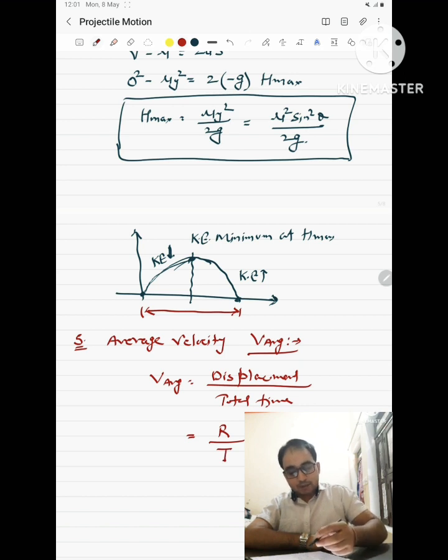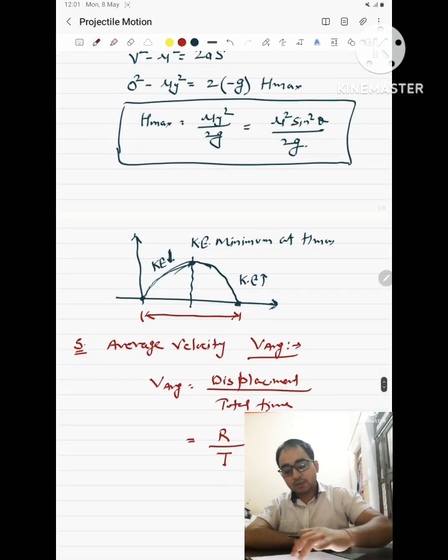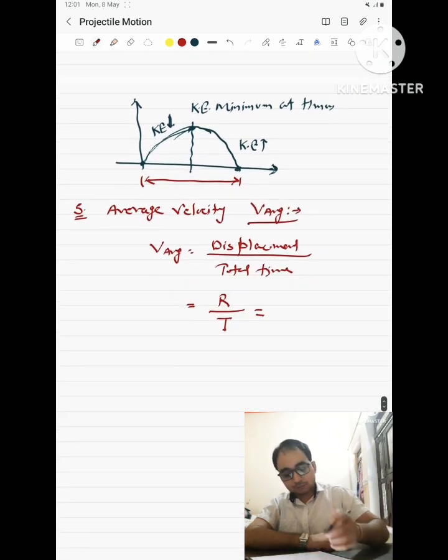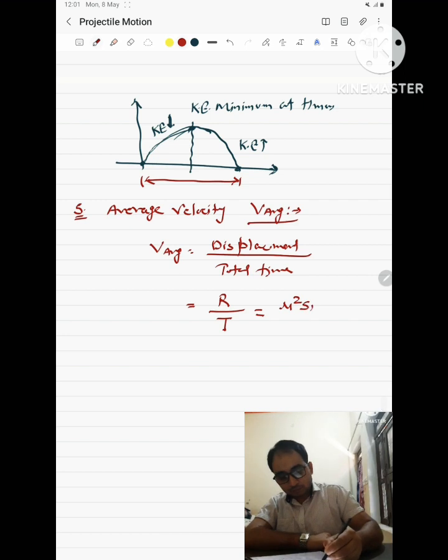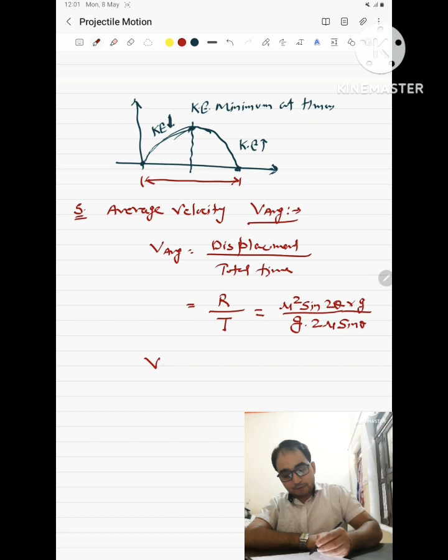So if we put the value of R and T here, R is u square sin 2 theta upon g, and T is 2u sin theta upon g. And if we calculate v average, then